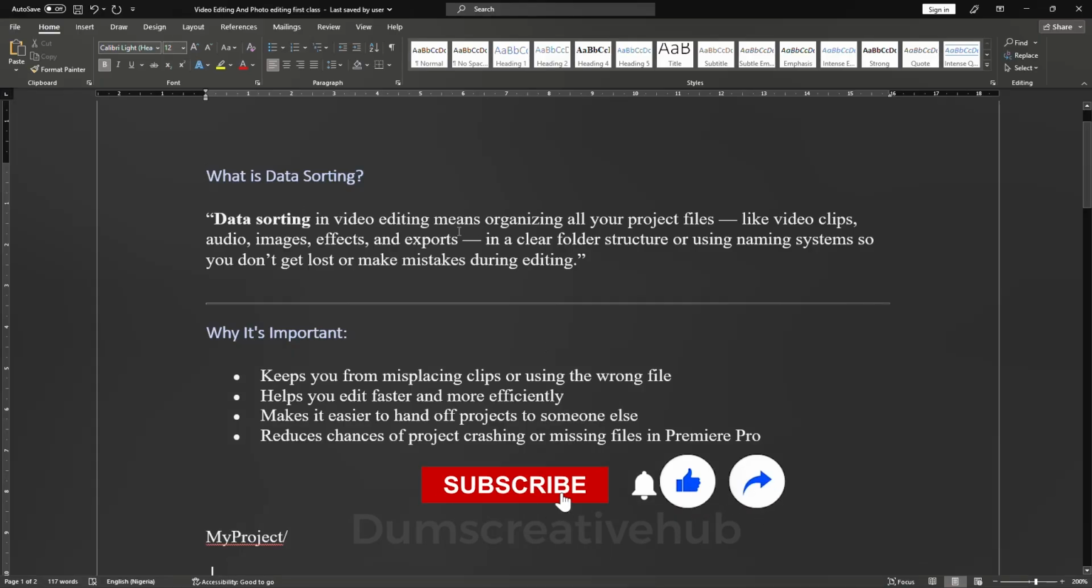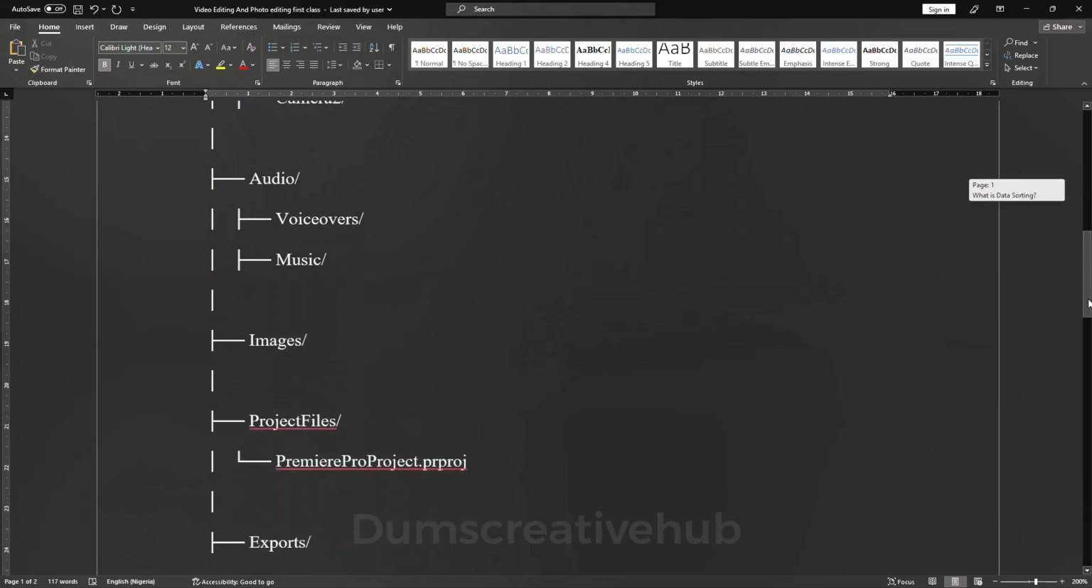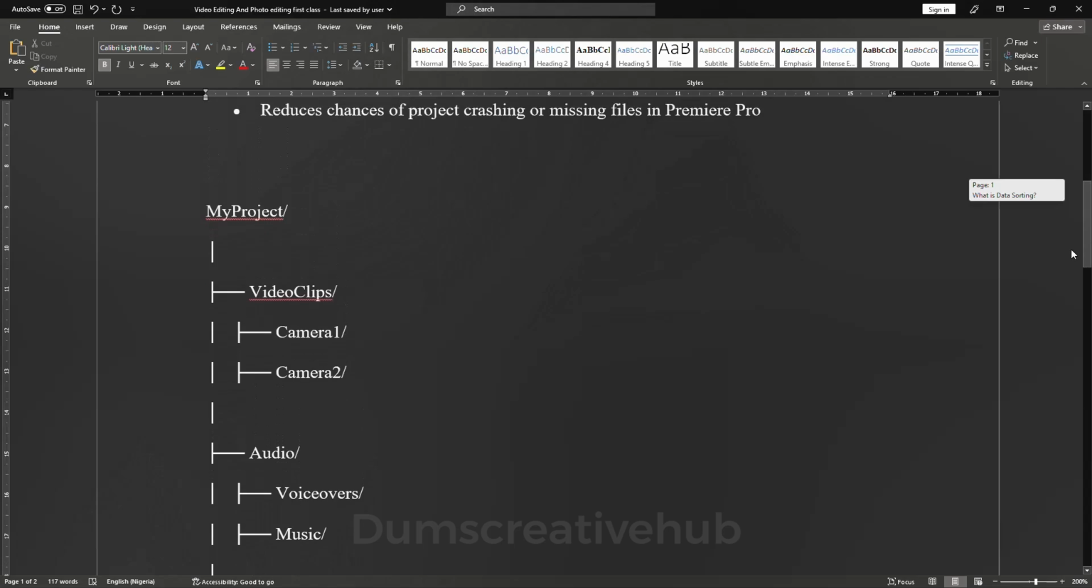Data sorting in video editing means organizing all project files like video clips, audio, images, effects and exports in a clear folder structure, or using naming systems so you don't get lost or make mistakes during editing. You can just maybe read these parts if you are fast enough, or take screenshots. We don't want this video to be too long. Then I already made some kind of folder arrangements using lines, but I don't think you understand it. Let's just do it. So what you need to do is to just come to your file